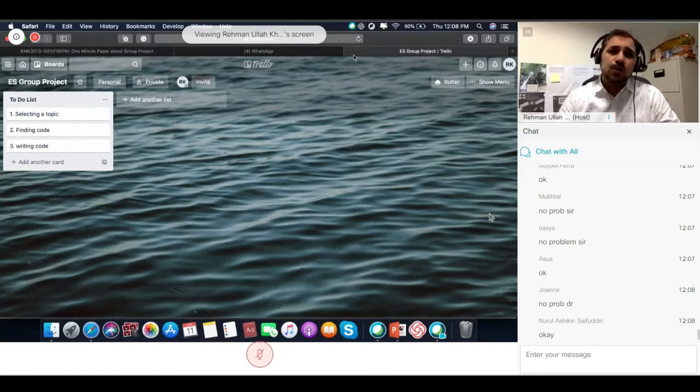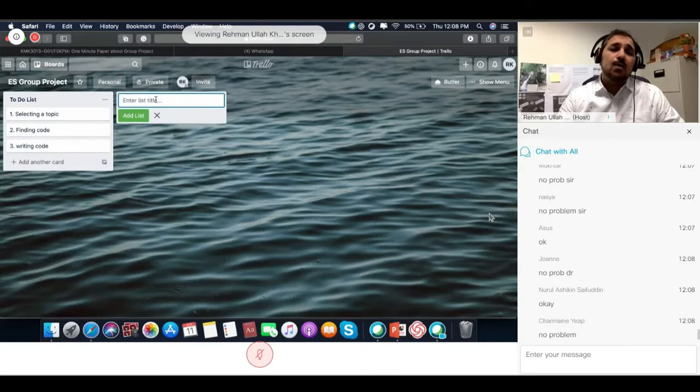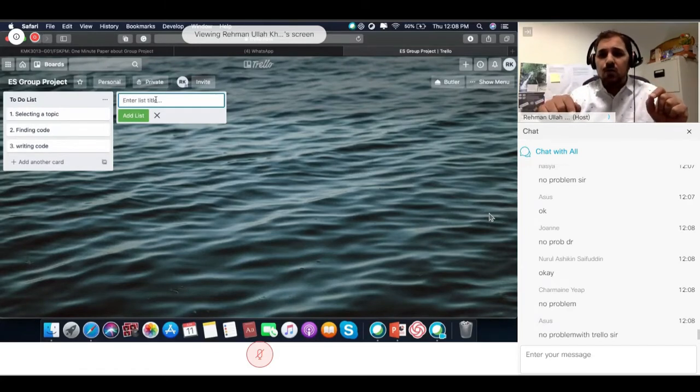Okay, so the to-do list will be the tasks that you will have to do. Now who will do what task? Like task distribution. Then you create, this is like a sticky note. Okay, another sticky note, and that will be like a task distribution.